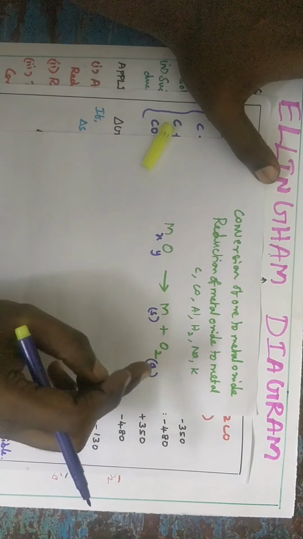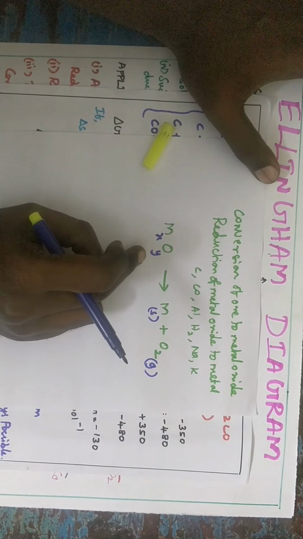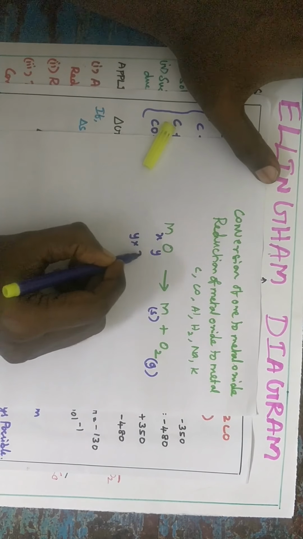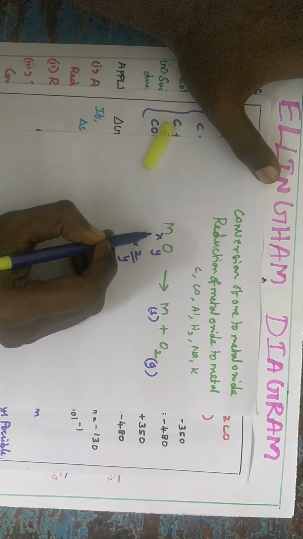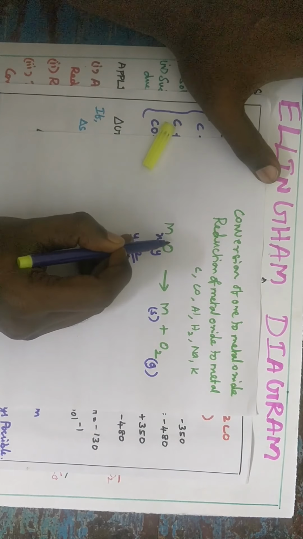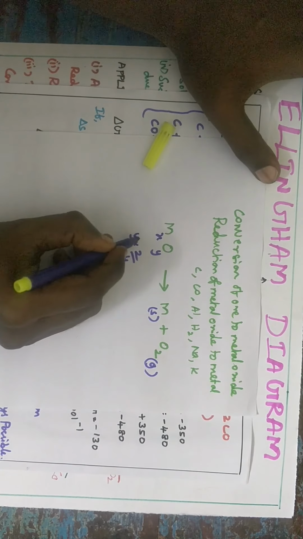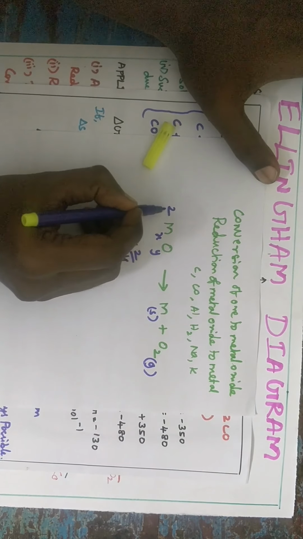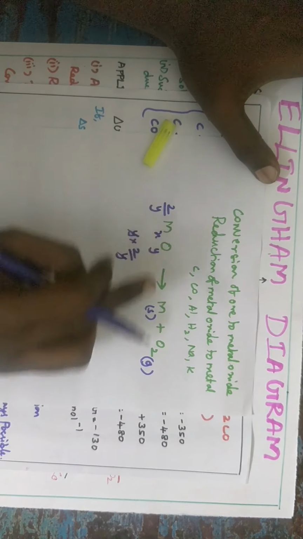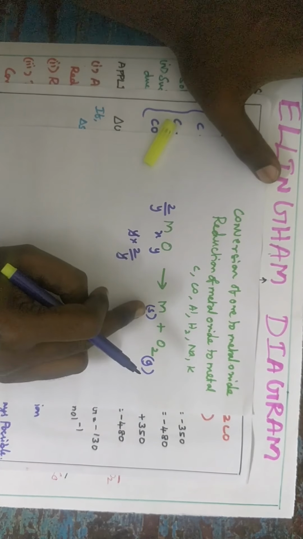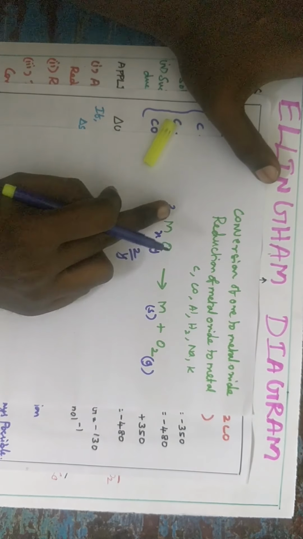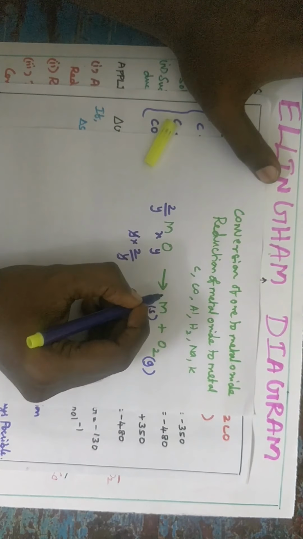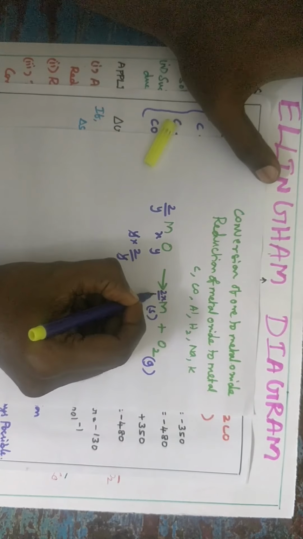So to balance oxygen on the left hand side, we want to make Y as 2. So this Y is multiplied by 2 by Y. Remember, X and Y are always in the numerator, not in the denominator. So Y gets cancelled, finally we get 2. So we mention it as 2 by Y. So oxygen is balanced. Next we have metal. Already I said, on the left hand side X is in the numerator, so multiply with 2X by Y. So on the right hand side you mention 2X by Y.